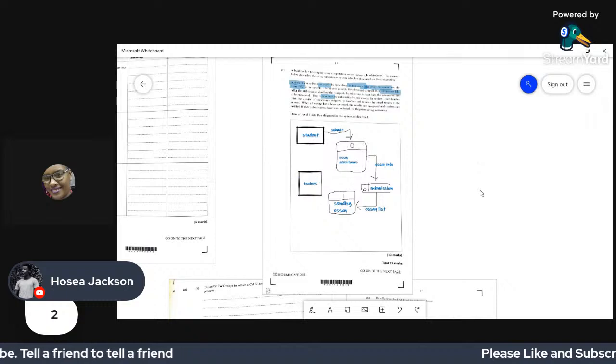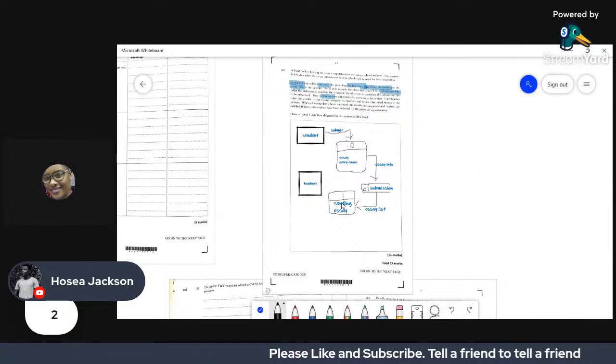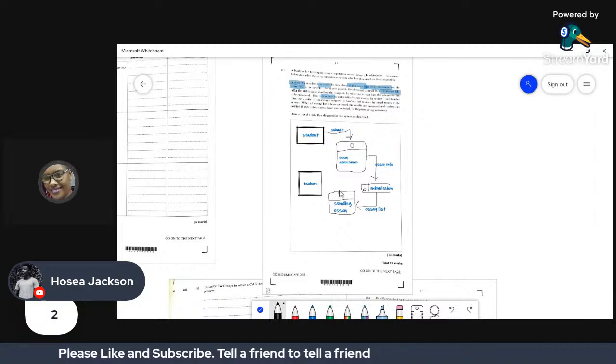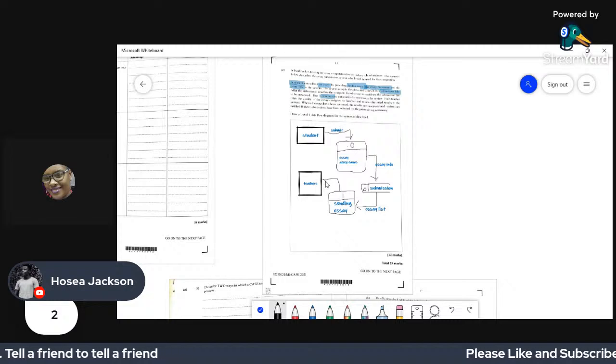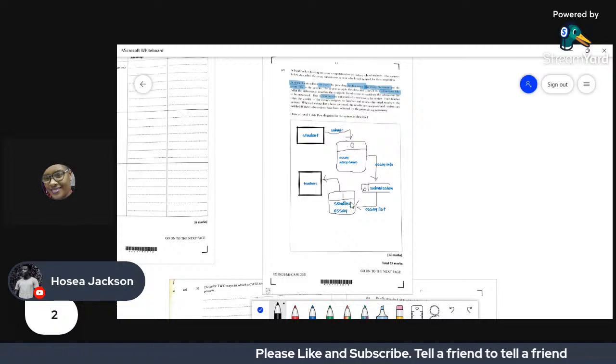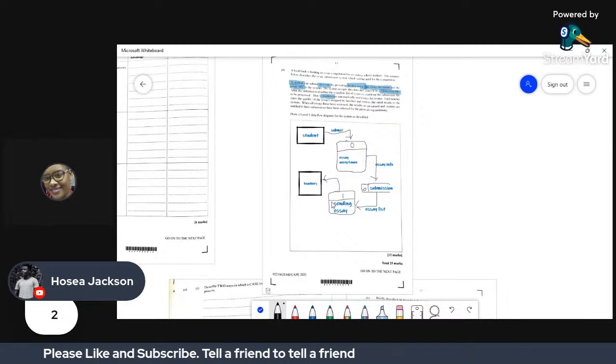All right. So now we need to have a line that is moving from this process to this entity right here. And it is basically going to have the same data, essay listing.